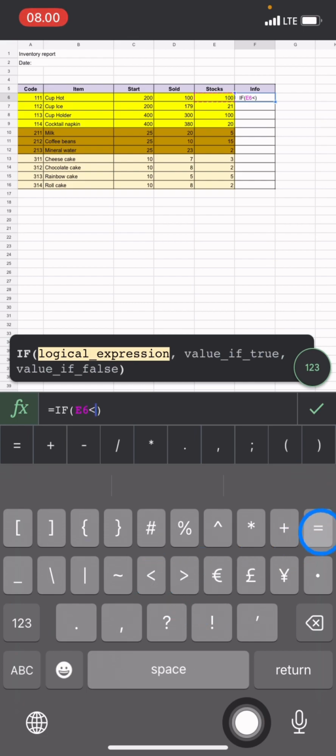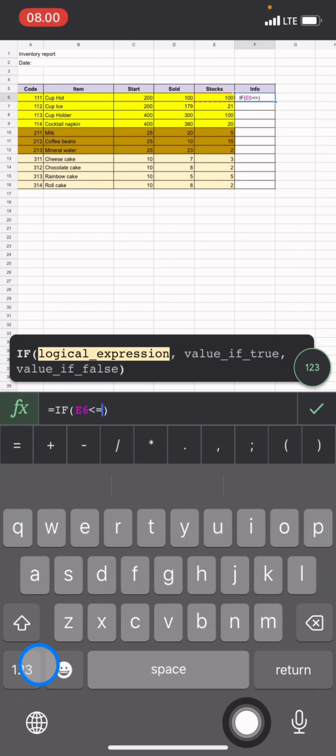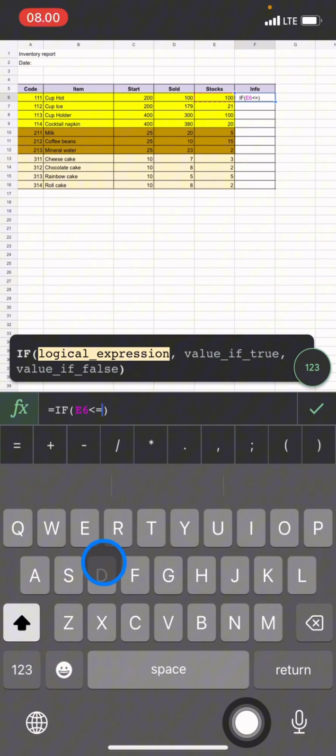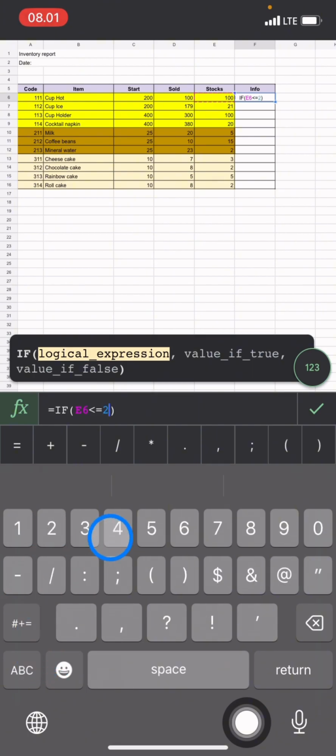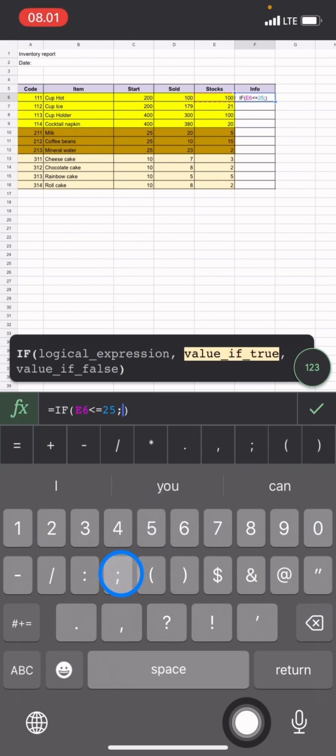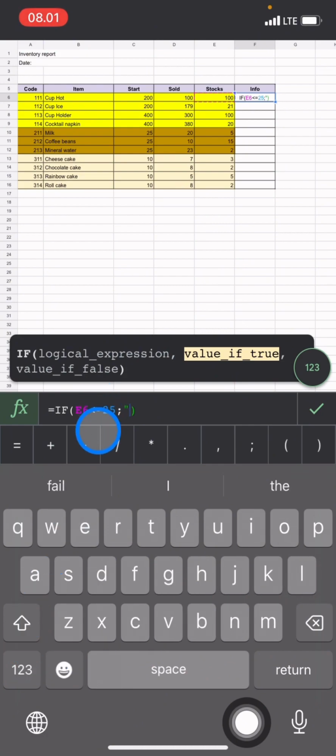less than or equal to 25, which is the minimum stock that we need to have before we purchase it. Okay, and after that go add this information. The first statement, if A6 is less than or equal to 25, means that we need to restock this. So you just need to click restock,